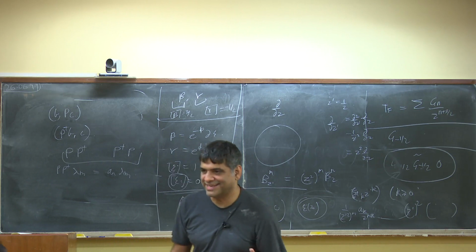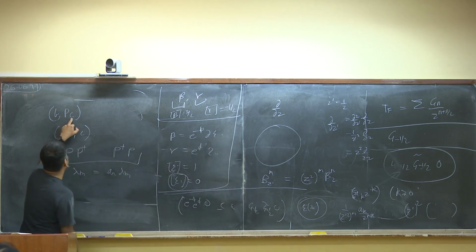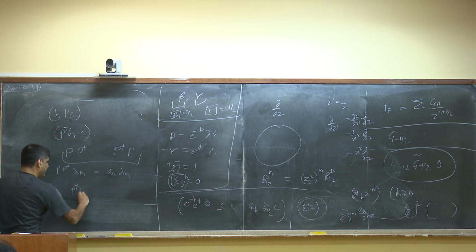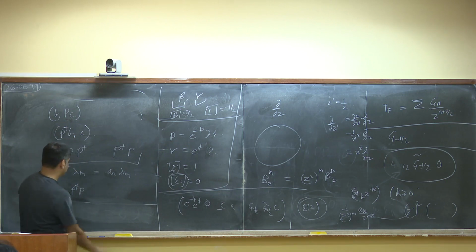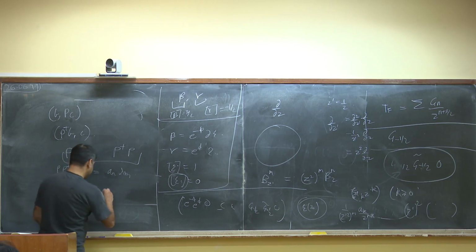We went through all this in great detail, right? Now suppose we're interested in doing the path integral over C. We look at the operator P dagger P. So what we do is to take the C field